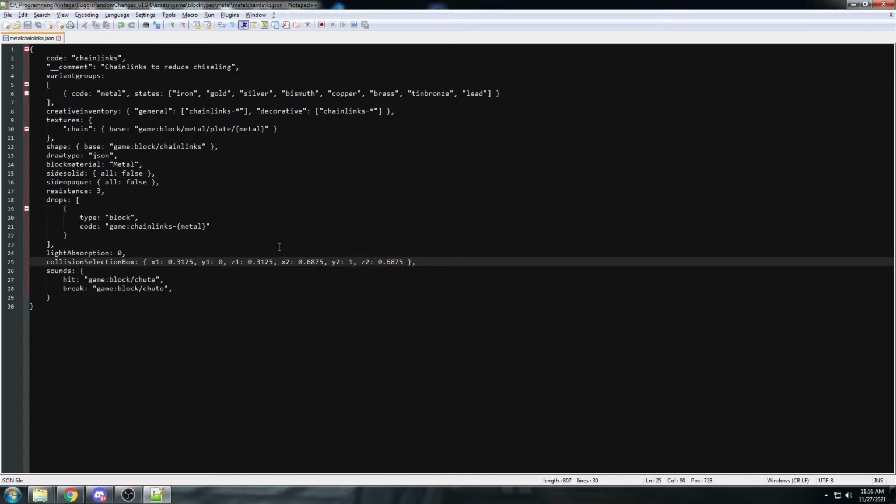6875. So that will be the other side of the bounding box, which is the same offset in as this is. It's just 1 minus that. So I think that'll be good for our bounding box. So now we could have